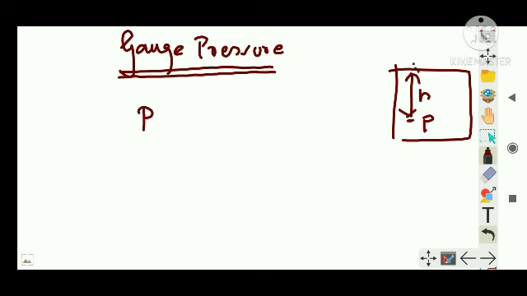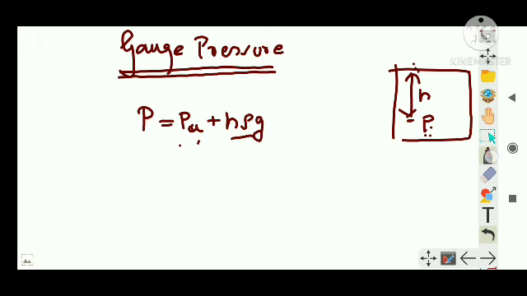And we found that P, the pressure at any depth, is equal to PA, the atmospheric pressure, plus H rho G. We have found that one, right? P is the pressure at any point, and PA is the atmospheric pressure. This much clear? We can see that pressure at any point is always greater than the atmospheric pressure by an amount